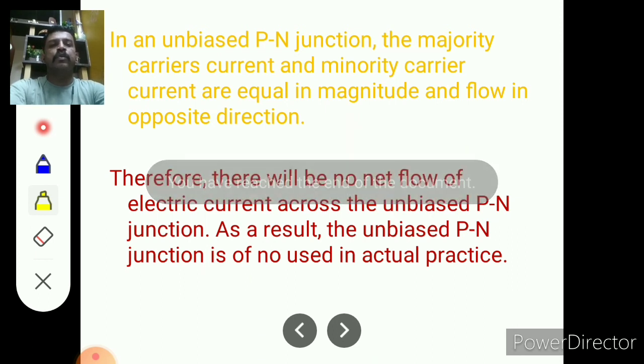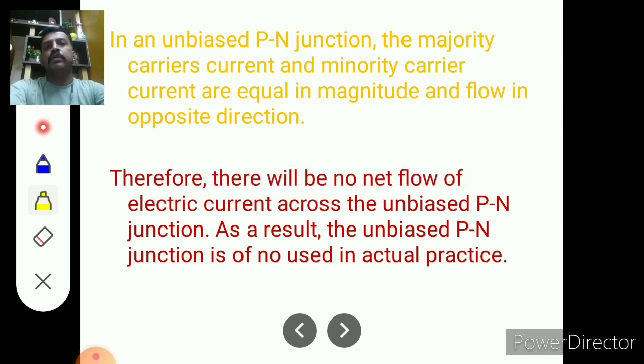So in this way, today we saw how the p-n junction diode is formed, how the depletion layer and the potential barrier are generated, and how current flows through an unbiased p-n junction diode. It is due to the majority charge carriers and due to the minority charge carriers, and we also saw the meaning of diffusion current and drift current. So these are the different points we saw in this lecture.